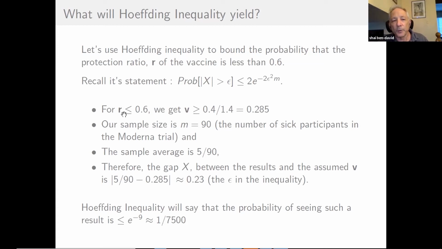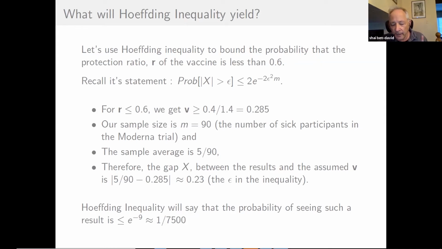So that's what we want to estimate. If we assume that the protective ratio is less than 0.6, we get that V is 0.285, and we substitute the number, and we get that the gap that we need to estimate is 0.23. The epsilon now is much bigger. That's the gap between the empirical result and the theoretical result that we would get if we assume that the vaccine is not effective enough. And if we substitute it in the Hoeffding, we get that the probability that we'll see such a result by chance, if the vaccine is not effective, is roughly 1/7,500. So it looks very unlikely that we will see it by chance if the vaccine is not at least 0.6